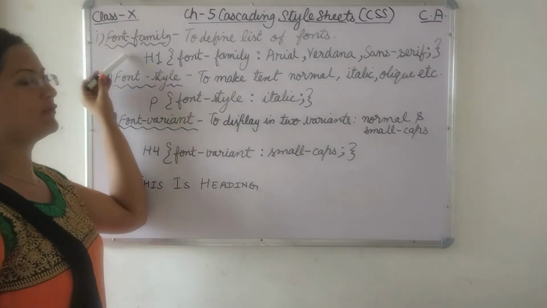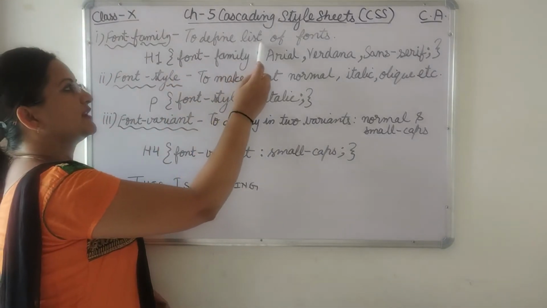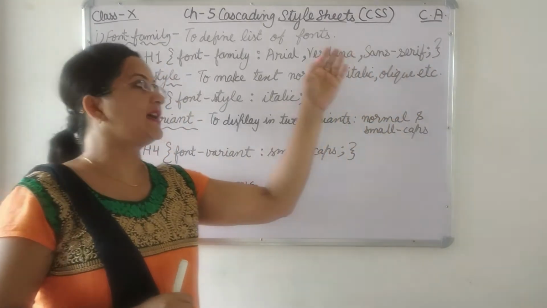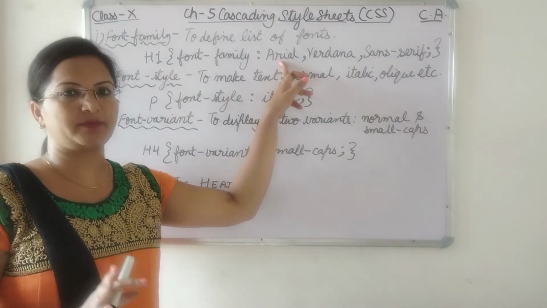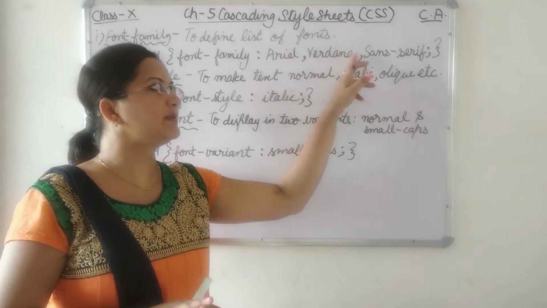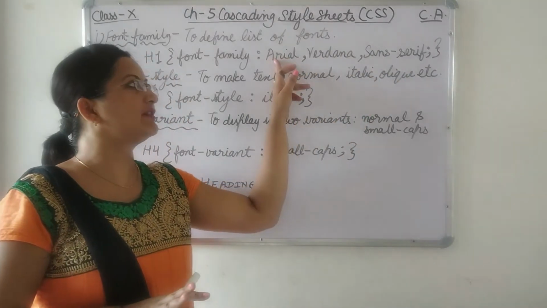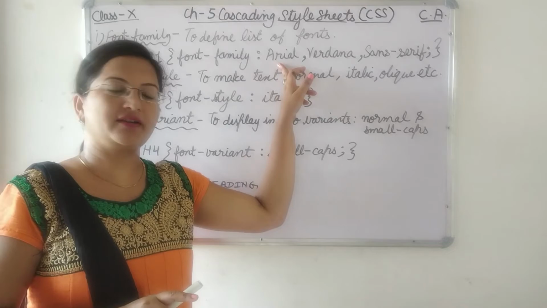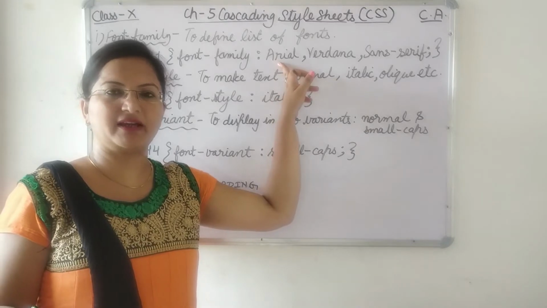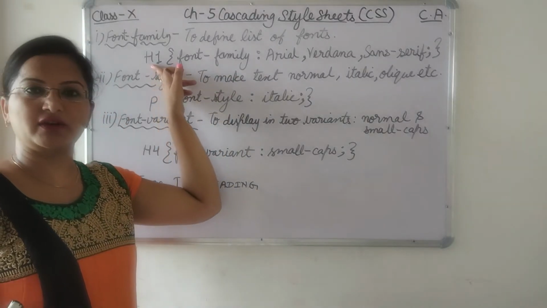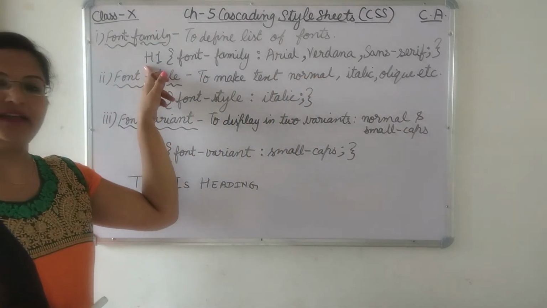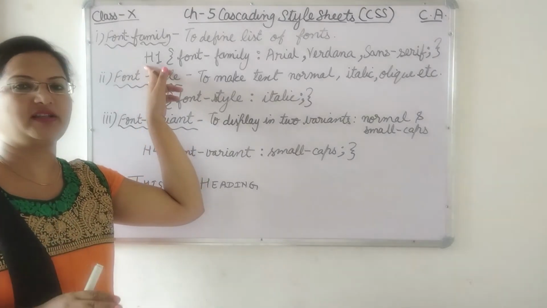So first of all, font-family. Font-family is used to list the fonts. Here we can write various fonts, and if Arial is not available on our PC, then Verdana will be displayed. If Verdana is also not available, if the first 2 are not available, then sans-serif. So the priority will be given to Arial. The computer will find out whether this font is there or not. If it is there on the PC, then the web page will use it. Here if I am using H1, then the heading will be Arial.